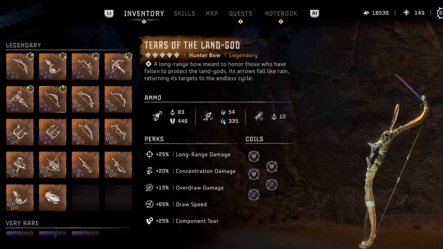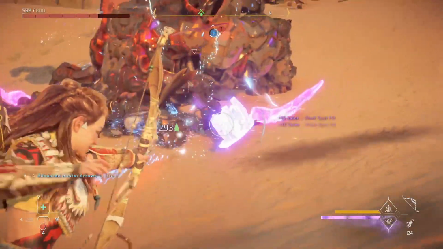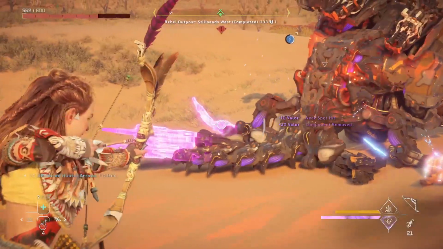skills. I equip my hunter bow with 3 12% tear damage coils to complement the 25% component tear it already has, and 2 15% overdraw coils to boost the 15% overdraw damage it already has. What I end up with is a hunter bow that is great for tearing components off machines and getting rid of armor plates so I can use my other weapons, like my Bolt Blaster or Sharpshot Bow, to deal maximum